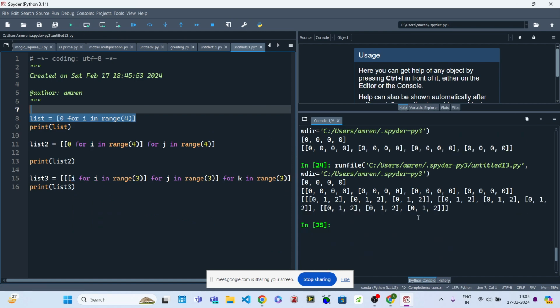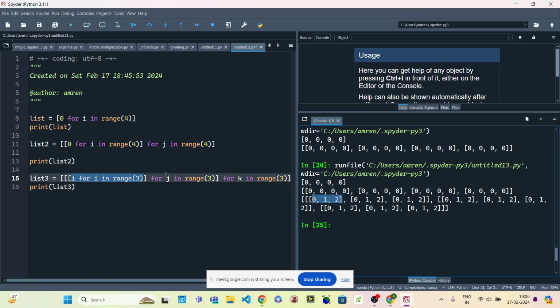Okay, print this. So what we are getting is 0, 1, 2, 0, 1, 2, 0, 1, 2, then comma. You see here, this is one bracket, this is the second one, this is the third one, but they are closing now with two brackets, and then again a different bracket starts here, and then a different one. So what is happening here is it is including 0 to 2 inside a